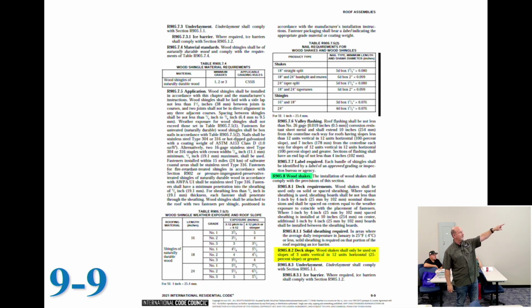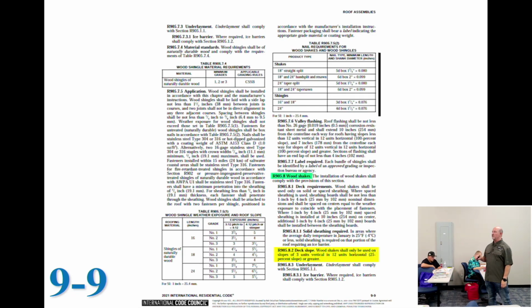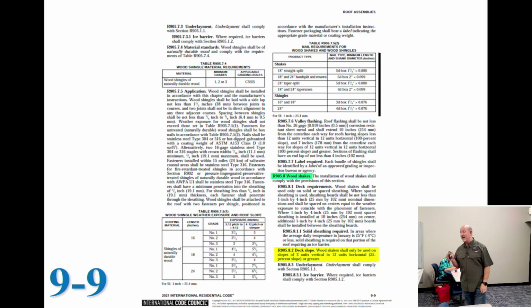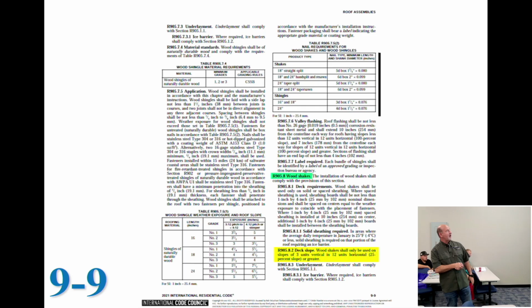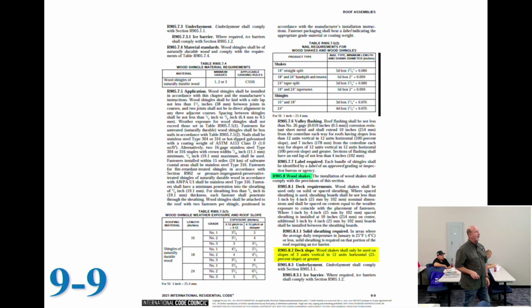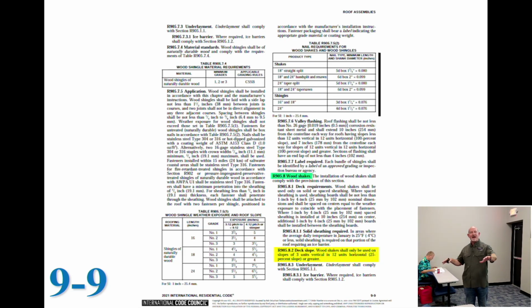Now look, when I get to 905.8, wood shake, .1, deck requirements. Do you agree that wasn't what Wade asked? Wade wants to know the minimum slope. So .2, deck slope. Okay, that's what we're looking for. Let's read that. Now again, I want to challenge you. Even those of you that did it right and went to 905.8, be honest with yourself. Do you agree most of you read through that first paragraph? And you shouldn't have. Right? Because that first paragraph is talking about the deck requirements, not the deck slope. Now I didn't know .2 was going to be deck slope, but .1 is going to teach me how to build the deck.